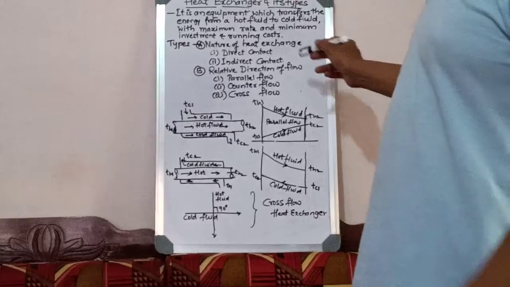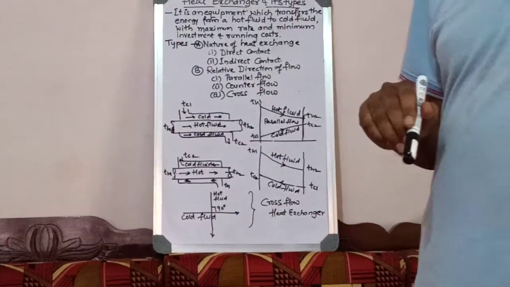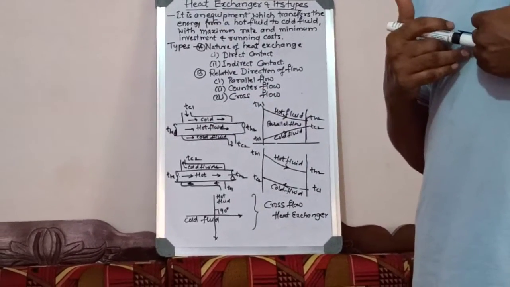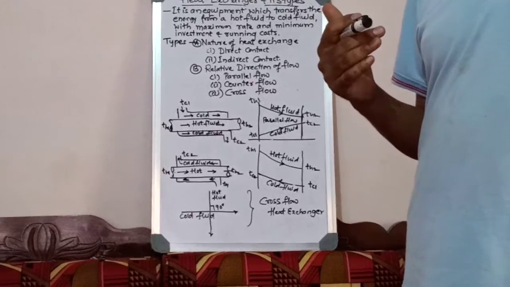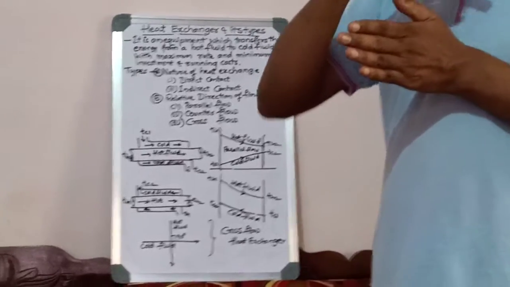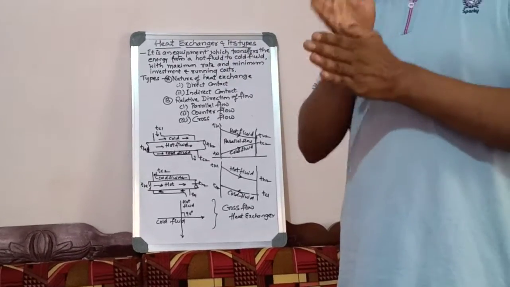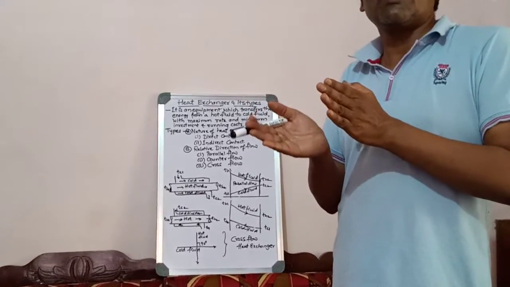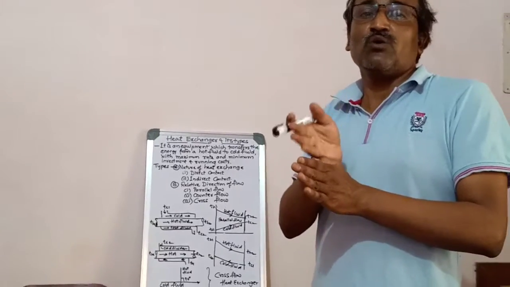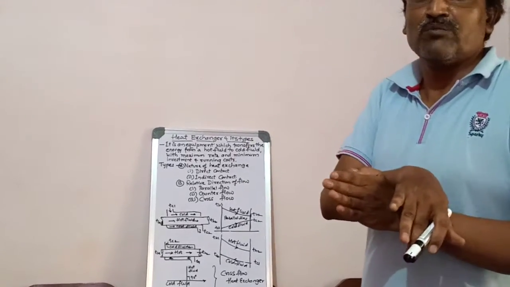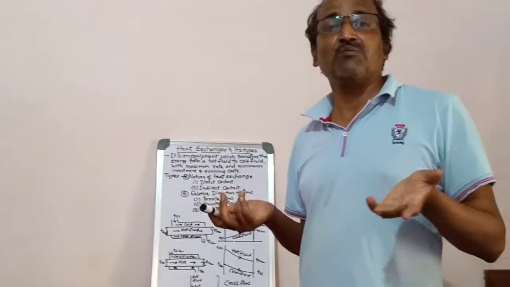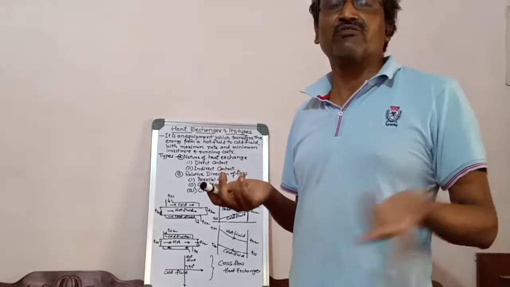But most of our heat exchangers are indirect contact. Indirect contact means the hot fluid and cold fluid will not adhere to each other. Hot fluid will be separated and cold fluid will be separated, but the separation is very thin. Hot fluid will flow in one conduit and cold fluid will flow in the other conduit, but they are separated by a compartment. So the hot fluid will transfer the heat to the wall in between, and that wall in turn will transfer it to the cold fluid. That means the hot fluid and cold fluid are not allowed to mix. Why? Because the hot fluid may be of a different chemical nature and the cold fluid may be of a different chemical nature.